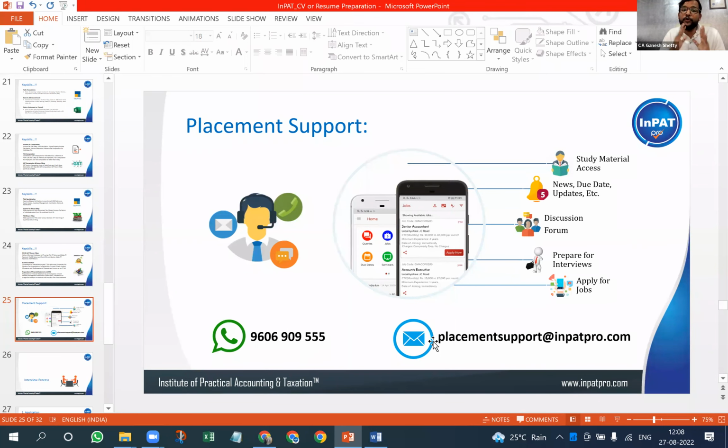Moreover, before you get to the placement support team, contact your faculty to understand whether your CV is correct or not. Contact your counselor to understand whether there are any job openings, or if you are facing any difficulties in finding a job. That's the first point of contact, and they are available right away. Apart from that, if you have any queries or want clarification, you can contact our placement team. Clear, guys? Any questions still here?